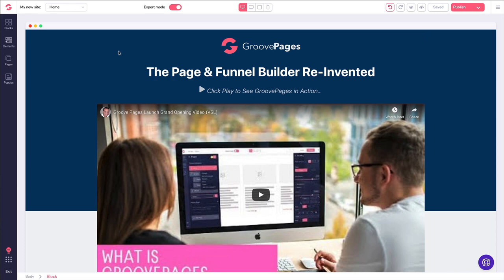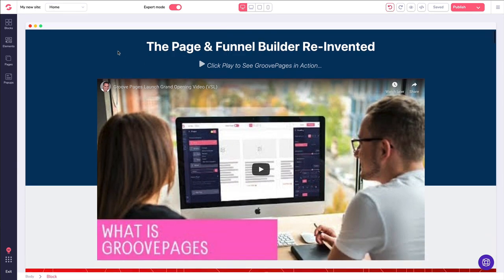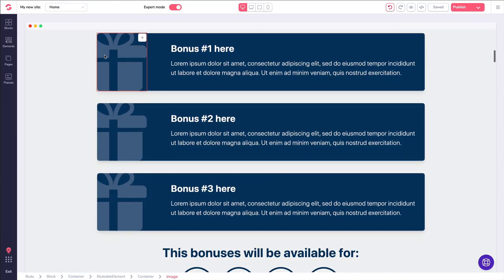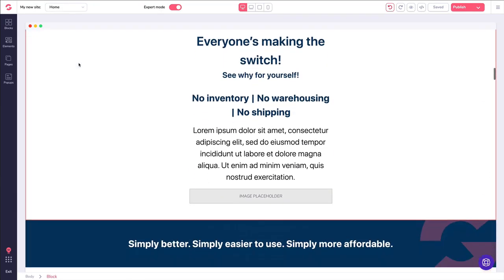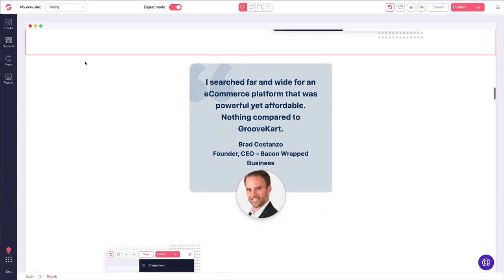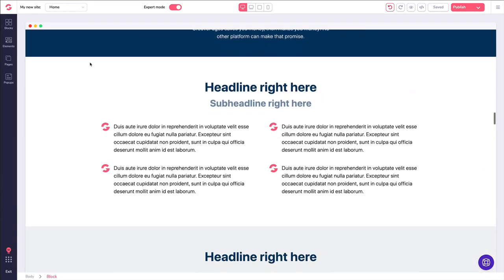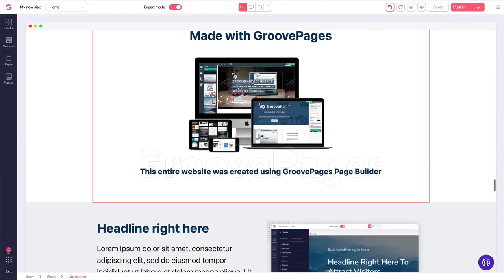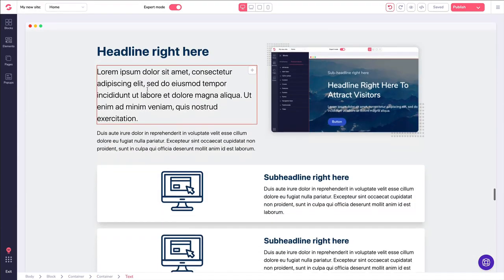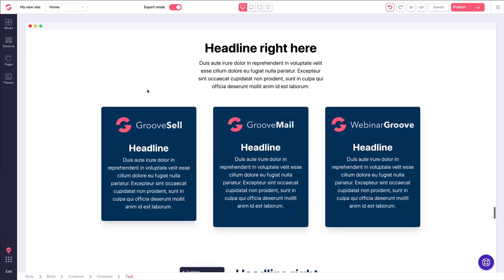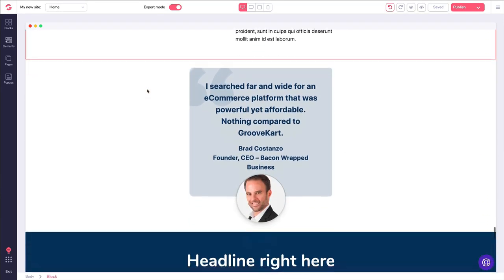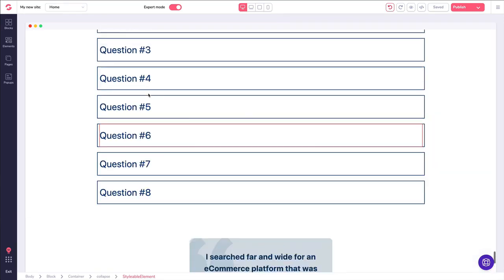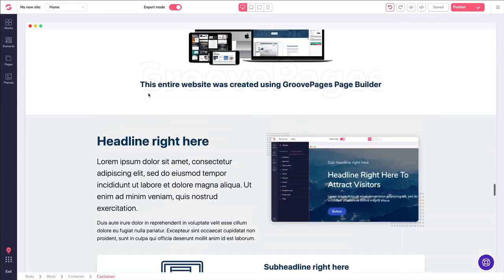And now you're seeing basically what I used GroovePages to create, the website GroovePages. So this is a template before I did all the work that you're actually seeing now. I had it laid out and I brought over some different things, and I used some elements from some previous websites as placeholders that I had, like you're seeing here, some Groove Cart images that we had in the past. But you can see how gorgeous a website can be made with GroovePages when you do a little bit of TLC to it. So I'm going to go over the core elements to design a page of what you're seeing